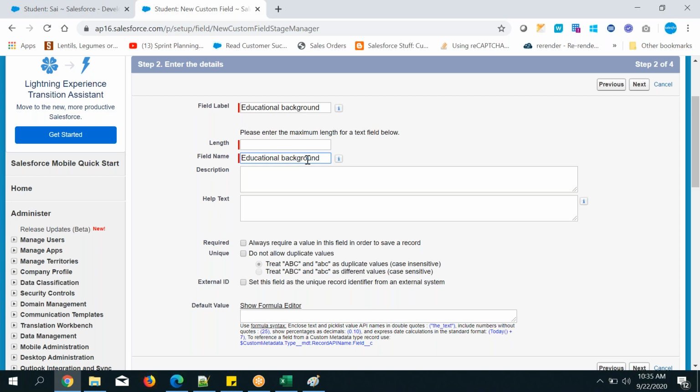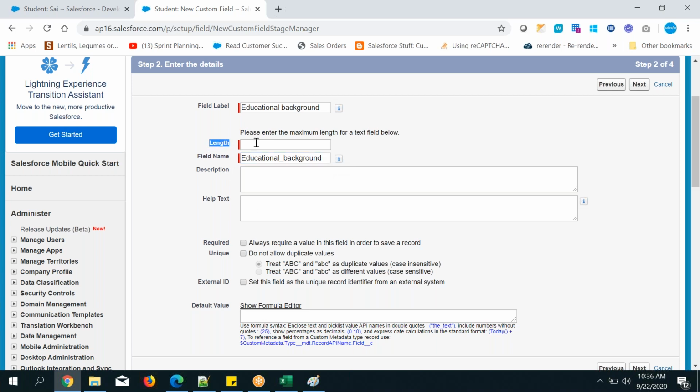If you give a gap while clicking on the Next button here, it will throw an error. That's why Salesforce will not give a gap for the field name. So either it should be an underscore, or if you want to change it like this, no problem. It is up to you. For one of the fields going forward, we will change it. Right now, leave it as it is. We will see that later again.